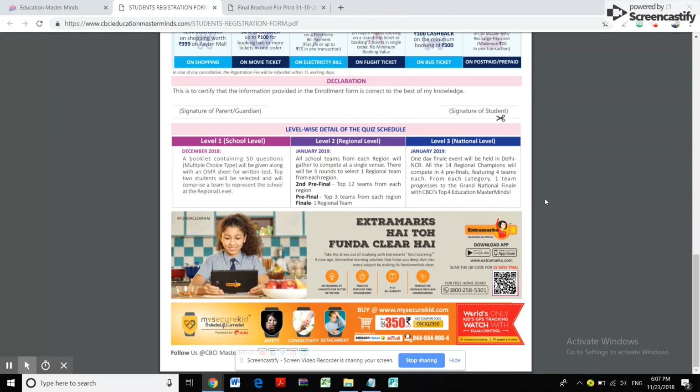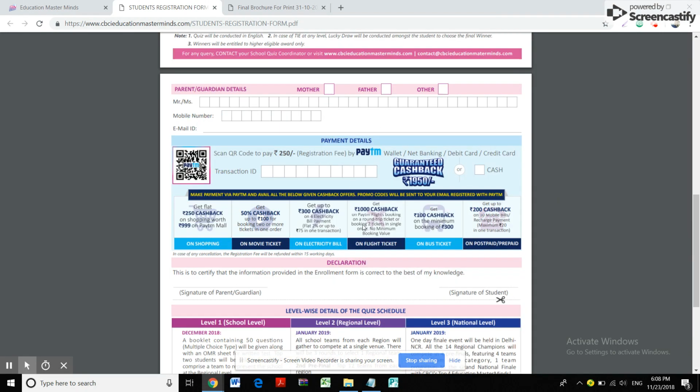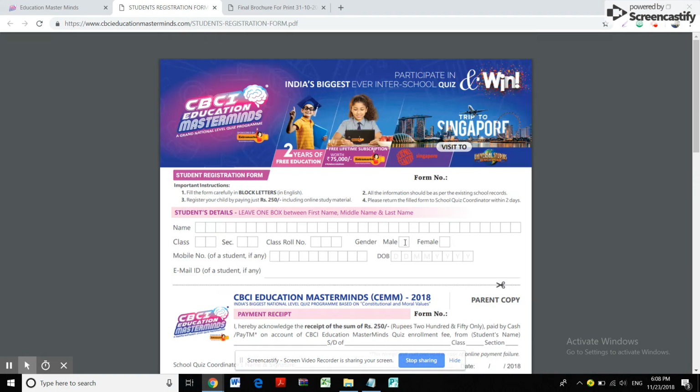Now, in the registration form, they're also getting the 15 days free trial of the extra marks application by scanning the QR code. Also, the form has details about the discount coupon of rupees 350 on purchase of safety and security watches for their child. Now, the student can fill up these details or the parents can submit the details to the school coordinator. As soon as the school coordinator has the form number and other details,